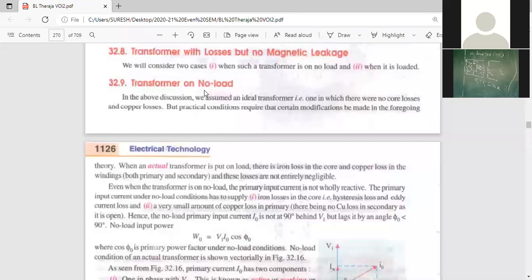Suppose the rated current is 5 ampere, an example I am telling. Rated current is 5 ampere for the transformer. Your no load current is 0.1 ampere. Very, very small, negligible when compared to 5 ampere. Your I naught is the no load current because there is no load. So let us take your house. In your house, if you switch off all the bulbs, what is your load in your house?